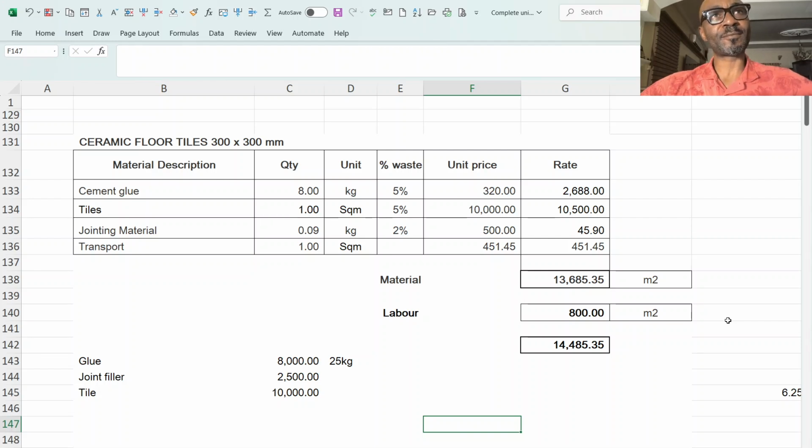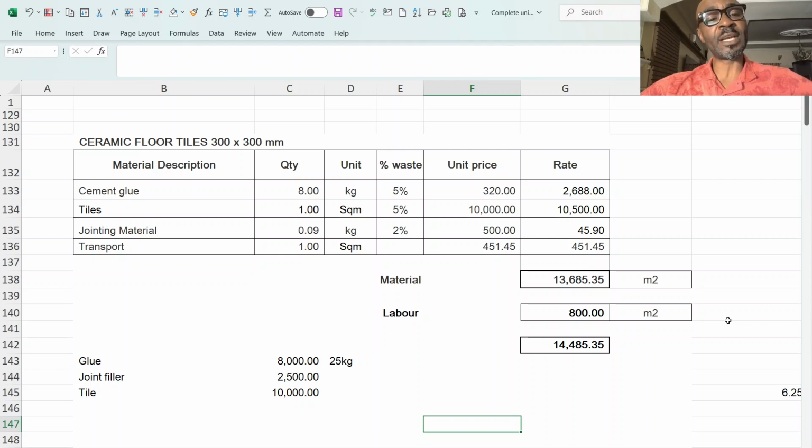While the conventional way of laying tiles is that you do the screeding, you allow the screeding to dry, then you lay the tiles with tile adhesive. So the approach we are going to adopt in this episode is the dry lay, where you allow the screeding to dry, then you come and lay the tiles